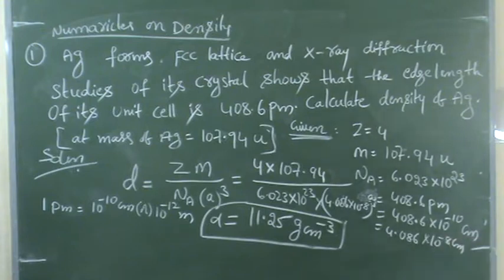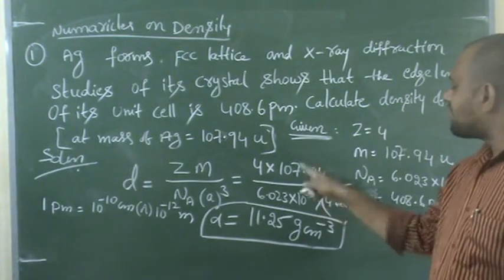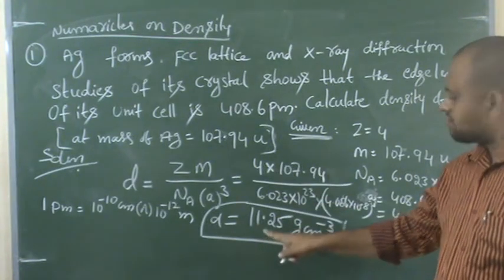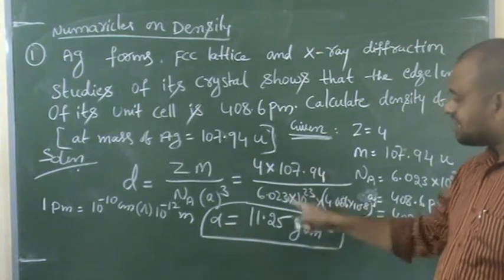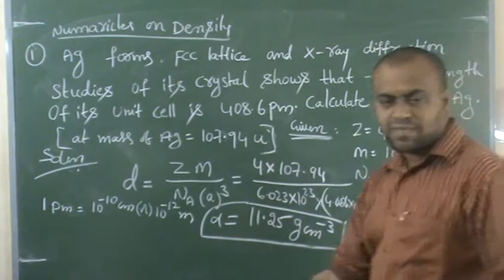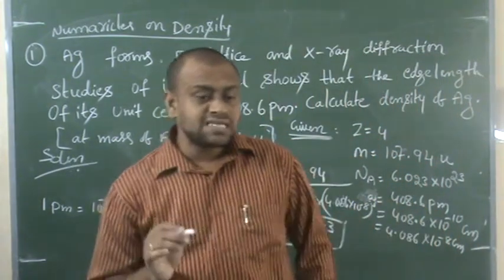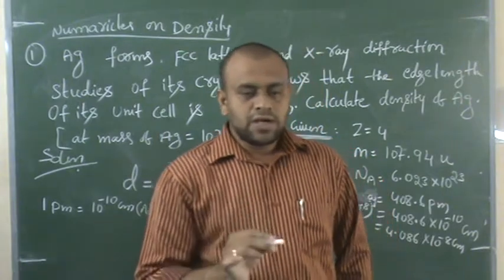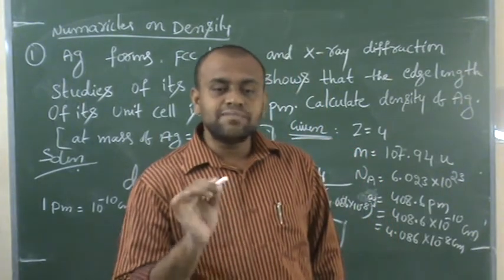Note it down, right? Did you understand how to calculate density? You can find out and put the value. So I have the value, I kept it. You can find out neatly and put the value. Always remember density is always expressed in gram per centimeter cube. So the unit is very, very important.